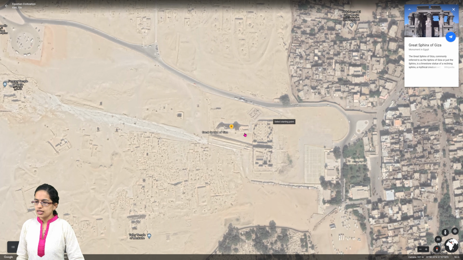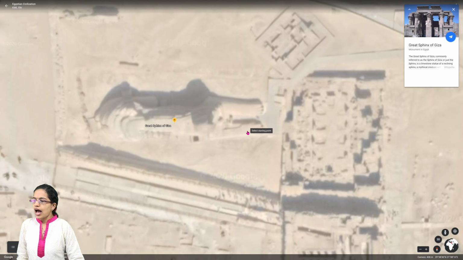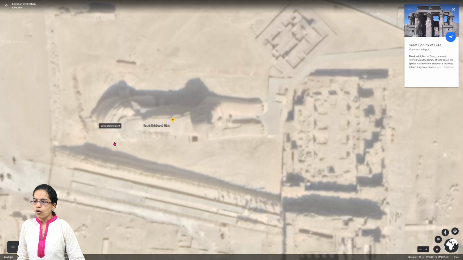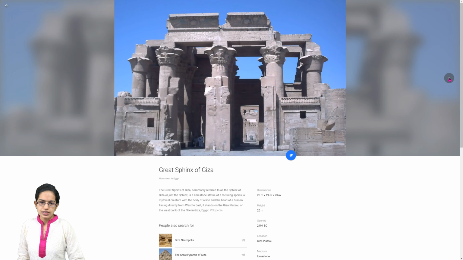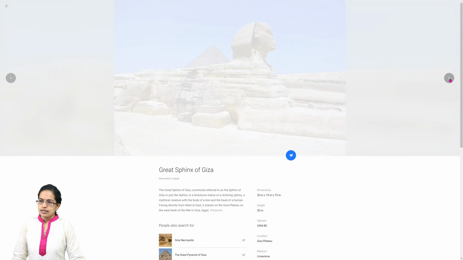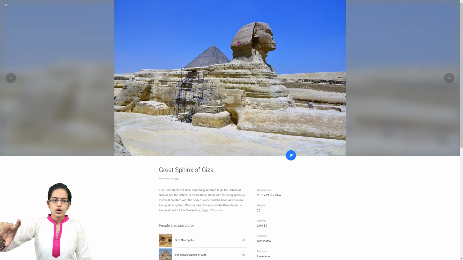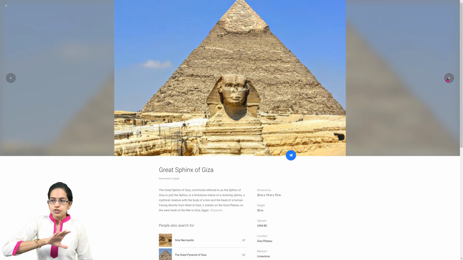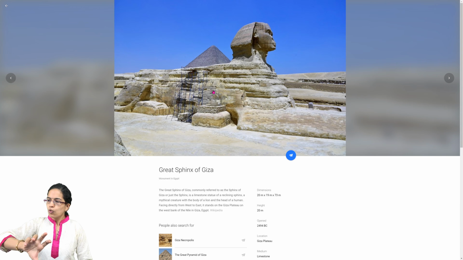Now as you could see, this is the Sphinx, and this is the body of a lion with the face of a man that is seen. So if you look at the various pictures, you would see this kind of Sphinx. You have the face, but what is given in most of the text is just the face. So it appears that it's the face and the body, but it's not that. You can understand this is the front view that we usually see, but there is depth. The whole body is made up of a lion. So if you go behind, you would see that this is a lion structure that is seen.